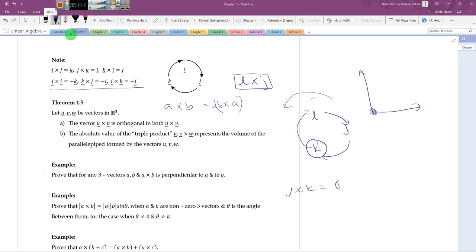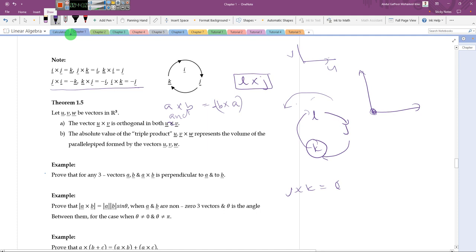Uniquely means this is how we are going to write it, right? So u is equal to a, comma, b, comma, c, which means ai plus bj plus ck. So a is the coefficient of i, b is the coefficient of j, and c is the coefficient of k. Since the vectors i, j, k are unit vectors and are mutually orthogonal,